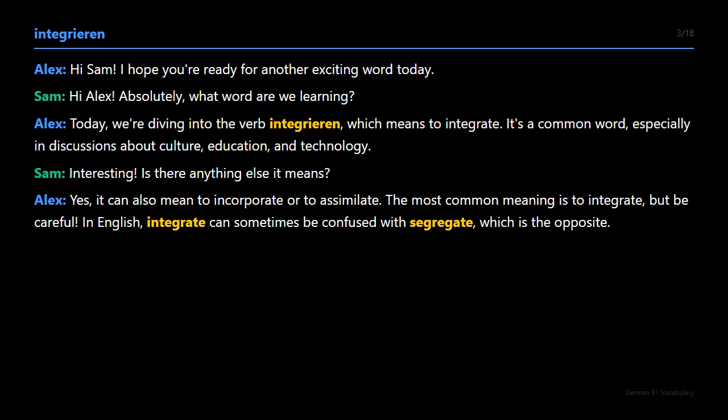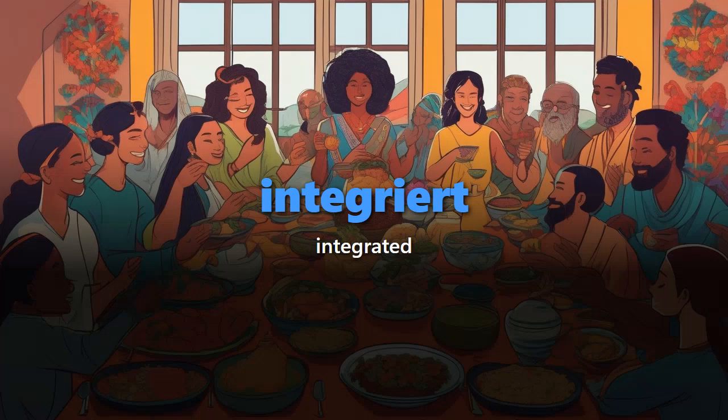The most common meaning is to integrate, but be careful. In English, integrate can sometimes be confused with segregate, which is the opposite. Got it. So, how do we use